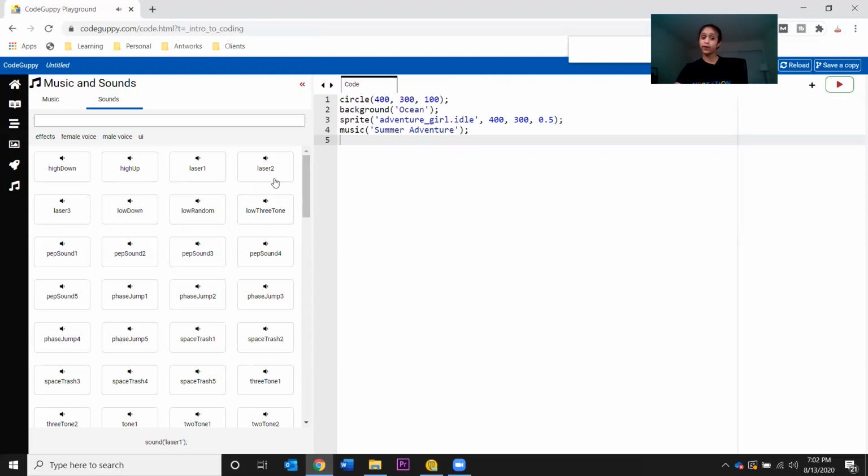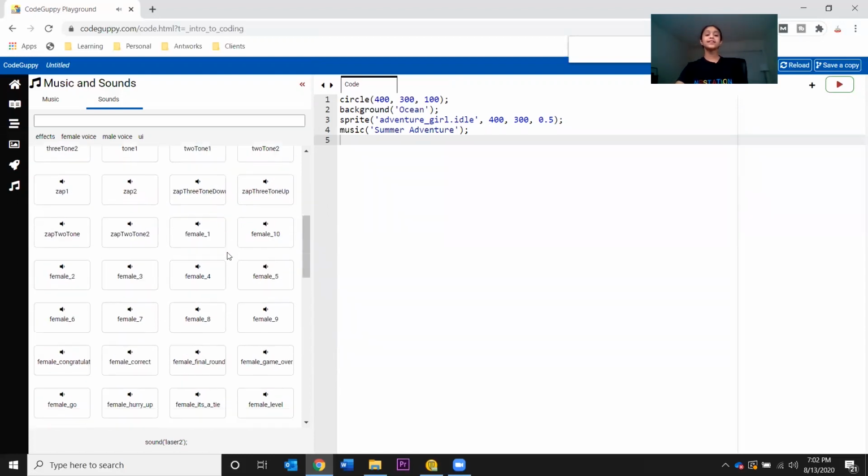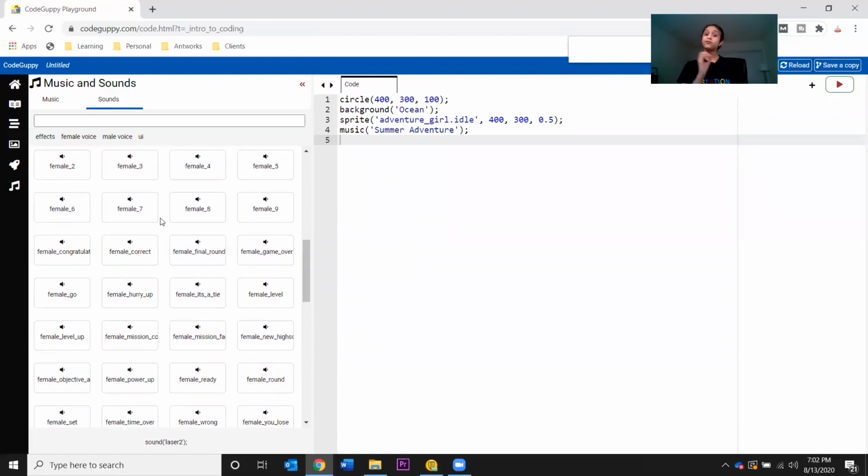That's like laser 1, and we also have laser 2. That was laser 2. And now if I scroll down, you can see that there's also female voices. Over here, you can see that some of them are called like female correct, female congratulations. If I click on that, a female voice will say that specific set of words. Congratulations. As you can see, a female voice has said congratulations, and that was not me, it was the computer. There are many other things you can make it say, like